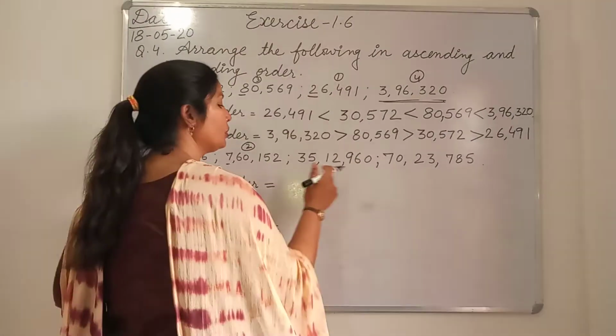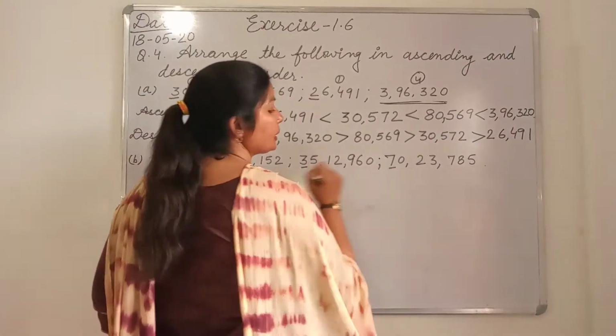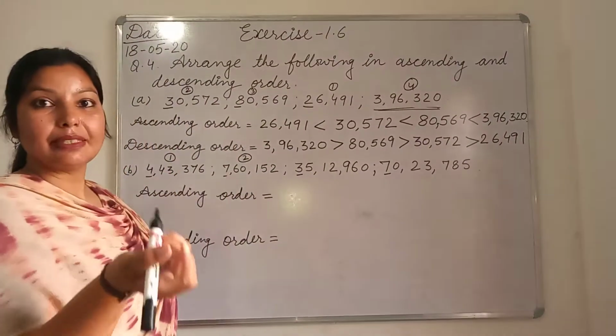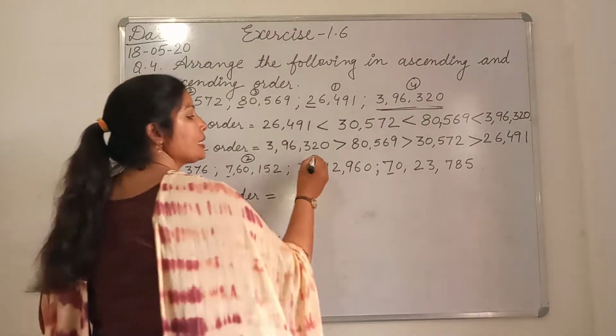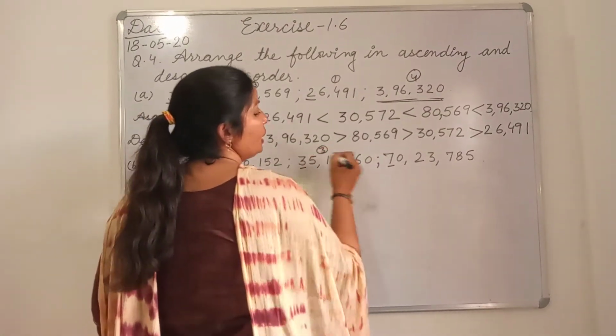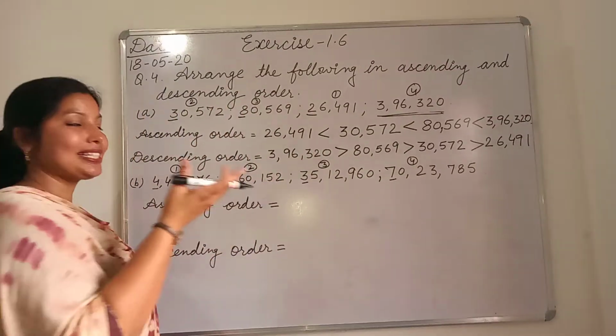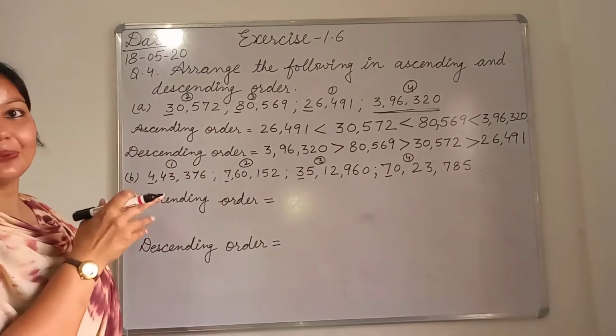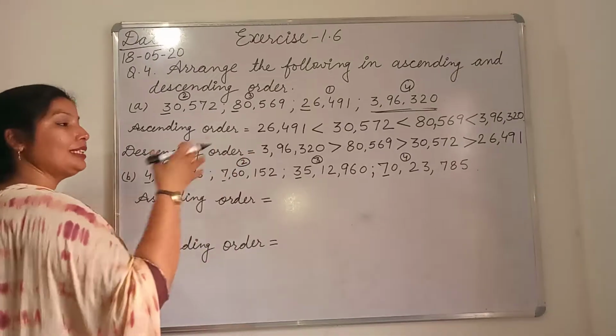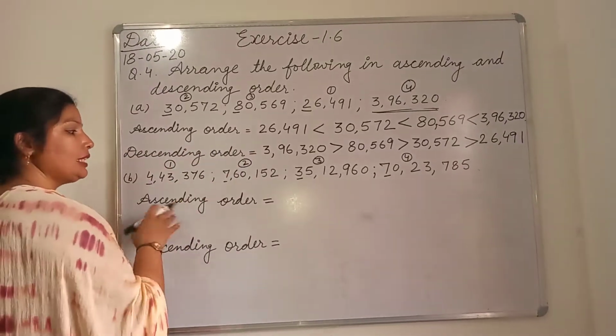So in these both, this is 3 and this is 7. So 3 is small and 7 is big. So that means this number will come third and this will come fourth. How these are given, the same way we have to write in ascending order. This number is already given in ascending order. So now we arrange in ascending order.